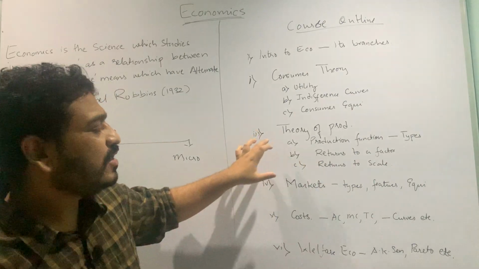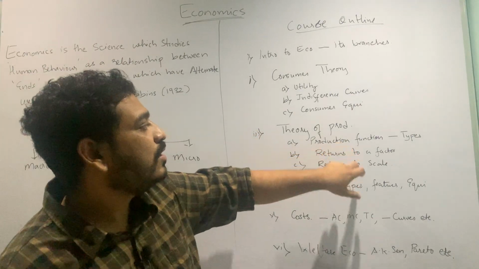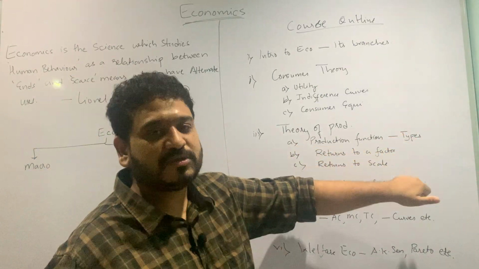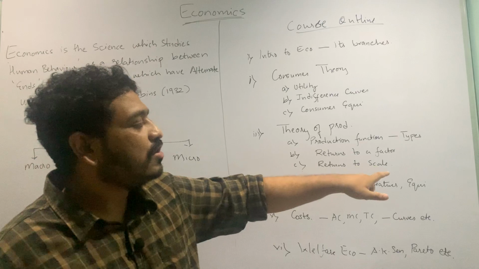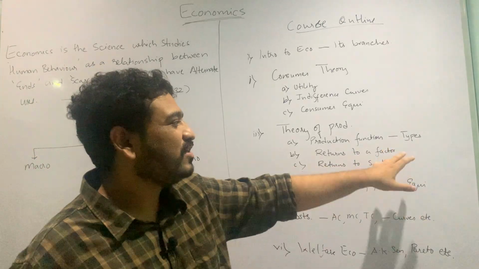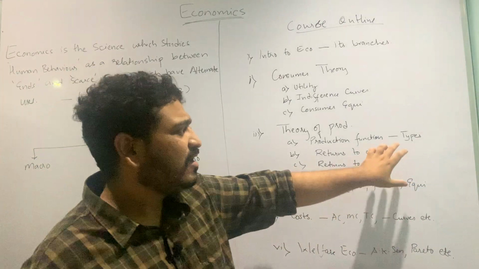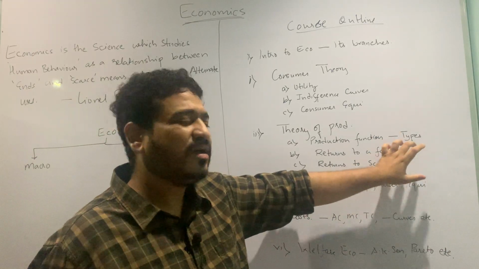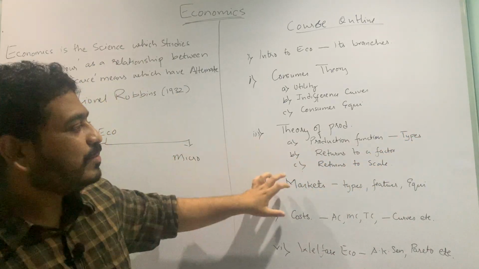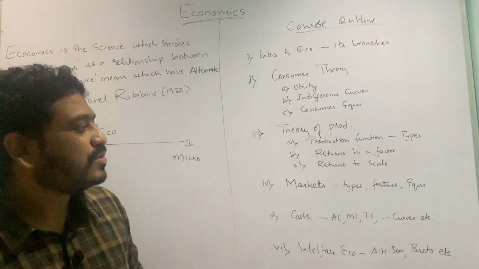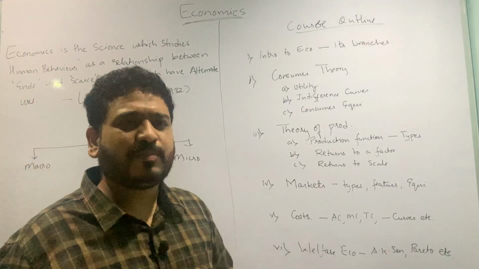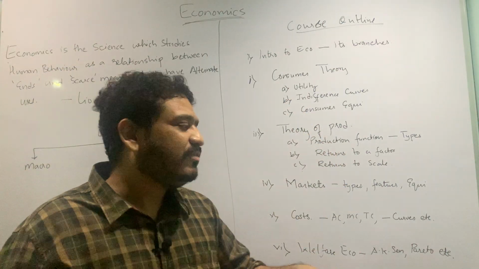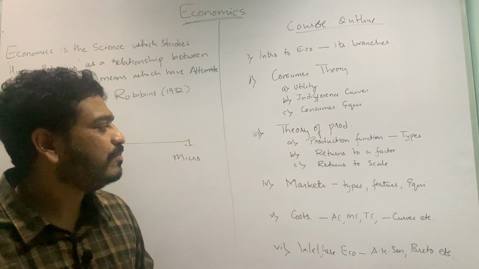In the theory of production, I will give you a sense of what a production function is. There are different types of it. One is the homogeneous production function, the other is the constant elasticity of substitution production function, and the Cobb-Douglas production function. In that you will have to deal with a little mathematics, which is the school algebra that is required. Then we move towards returns to scale and returns to a factor, the law of variable proportions and so on. You must have heard about it. So we'll deal with that in a very comprehensive sense under the theory of production.